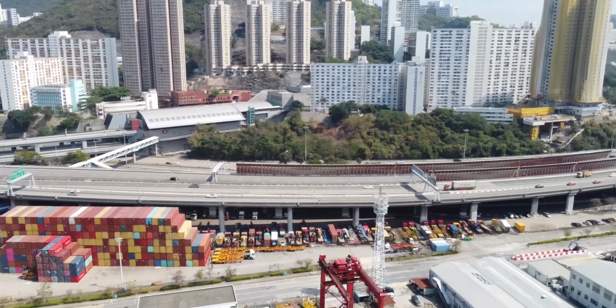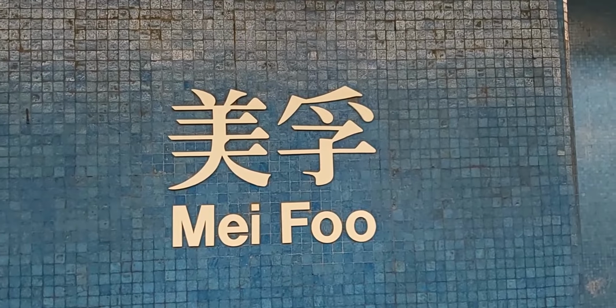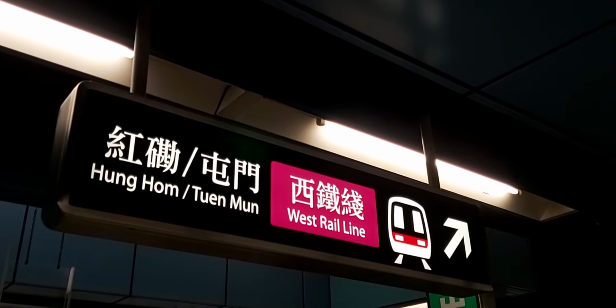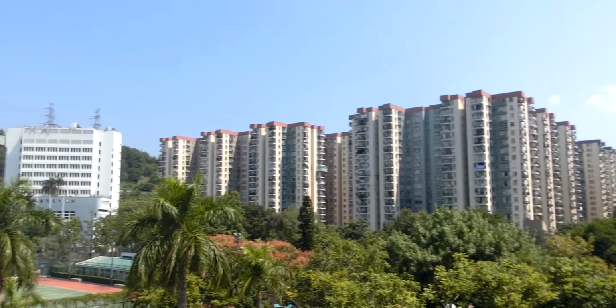An additional pair of tracks were constructed for airport express trains to pass Lai King without stopping. Afterwards is Mei Foo, another interchange station, this time with the West Rail line. It is not a cross-platform interchange, and people have to walk to the other platforms. Named after Mei Foo Sun Chun Estate, the station is useful in relieving congestion from commuters coming from Tsuen Wan